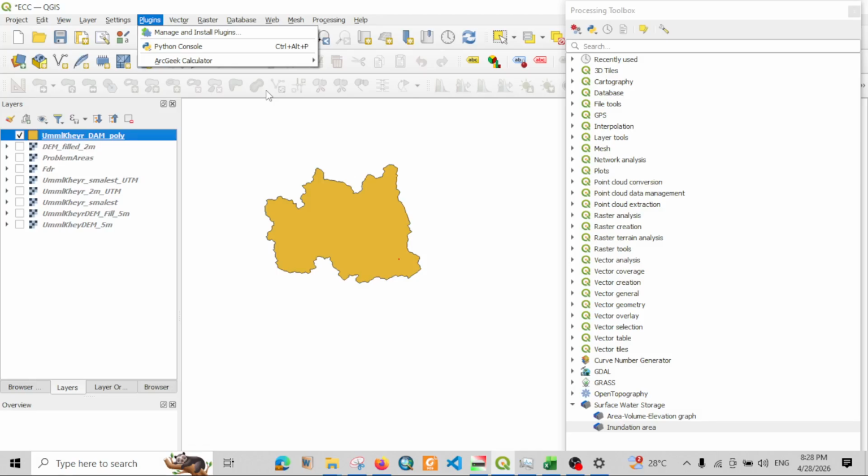Assalamu alaikum. Today I want to show you how to estimate the elevation capacity curve or elevation area curve in QGIS from them. To do this, we come to the plugin